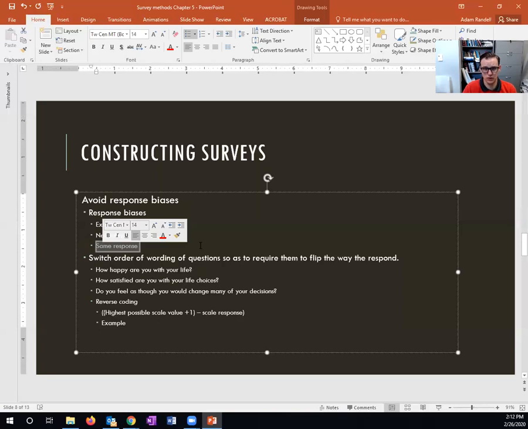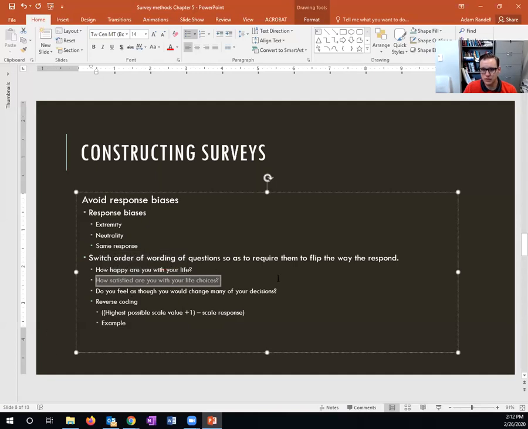Some people may just respond with the same value all the way through, so on a 1 to 7 scale, 7, 7, 7, 7, 7, or 1, 1, 1, 1, 1, 1. One way that we can at least start to get around that is by changing the order of our questions. So for example, if I was trying to ask a series of questions that assessed how satisfied a person is with their life, I might ask, how happy are you with your life? How satisfied are you with your life choices? And if I give them a 1 to 7 scale, 1 being not at all, 7 being extremely,